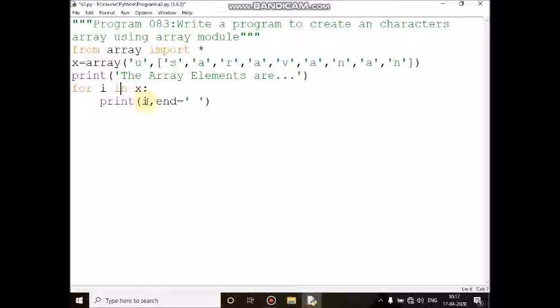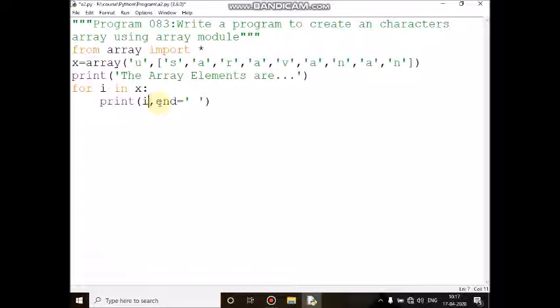So now i is indicating x of the third element, that is A, and it will print. It will give one blank space. The cursor will be there only. Then control comes here and moves to the next character of x, that is B. Now i is indicating x of the fourth element.